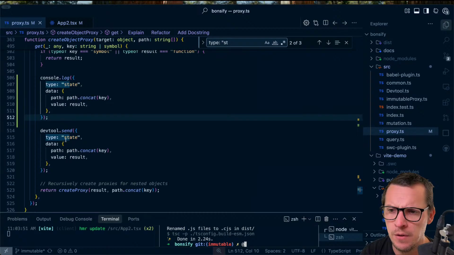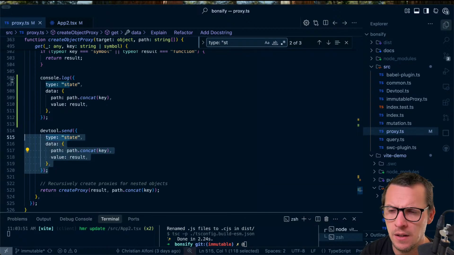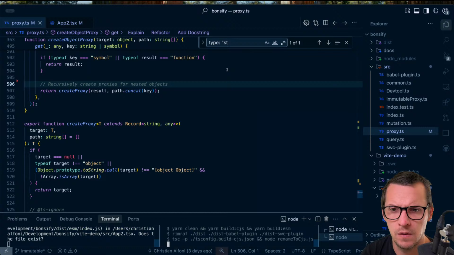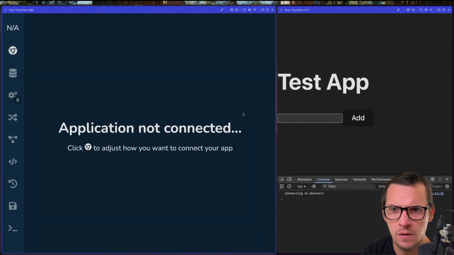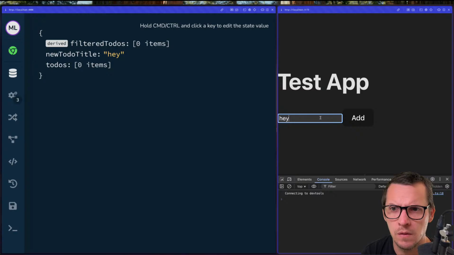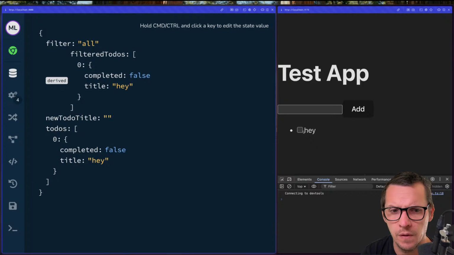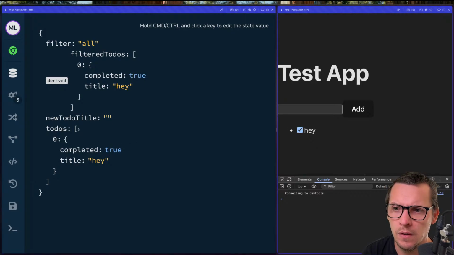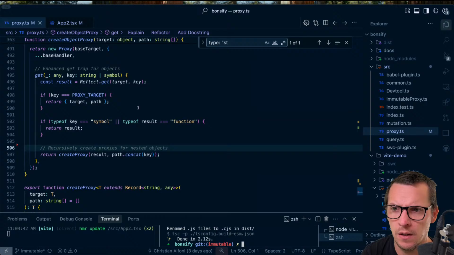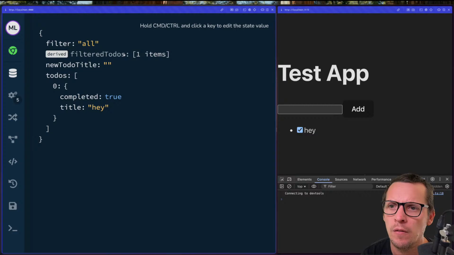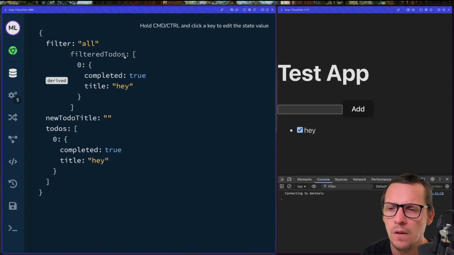But I'm a little bit unsure. Why are we sending state here? What happens if we don't send state there? Yeah, false, and then I change it. Oh, there we go. I'm not sure why we were sending state there. Probably something I just put in there. Okay, so now you can see the filter to-dos reflects the thing. Oh, this should be on top here. Anyways,